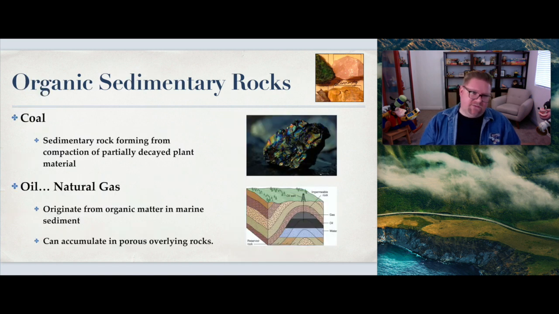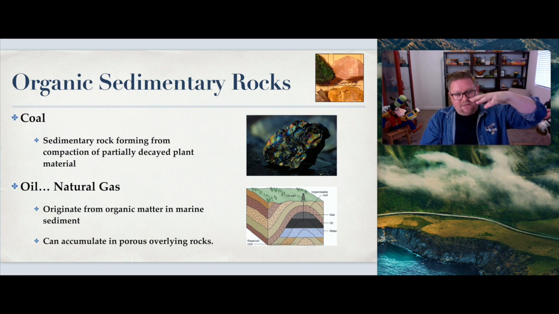So what about organic stuff? Usually in my lectures, I just stick with chemical and clastic, but I think it's important to bring in the fact that there can be situations when you have 100% organic material. The most iconic would be coal. It's a sedimentary rock forming from the compaction of partially decayed plant material. So again, you're looking at places that are like marshes. A great example would be the Okefenokee Swamp out in Florida. That really rich organic material gets compacted, and in that process creates these blocks or rocks of coal,